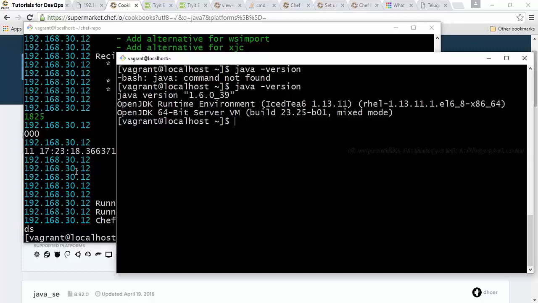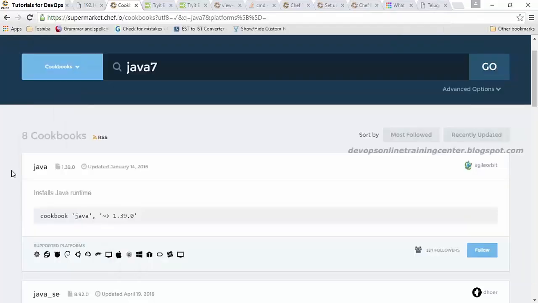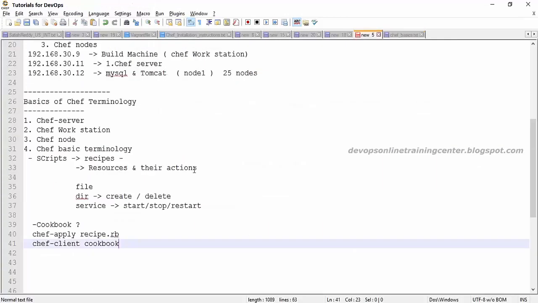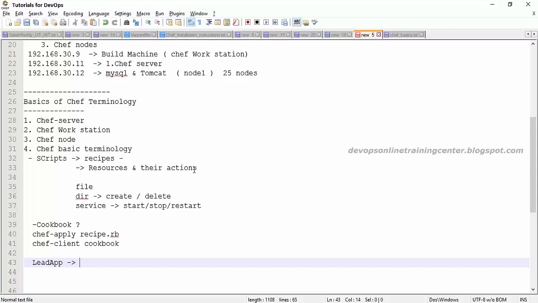because I don't want to write a cookbook which is already available in the supermarket. No point in writing it again. Somebody has already spent a good amount of time preparing these cookbooks. So we will be spending time on our own application. Example, if I ask you to deploy the lead app application, let me go back to the notes. If I ask you to write a cookbook for this, I can concentrate on my